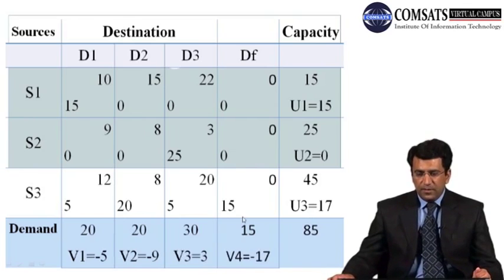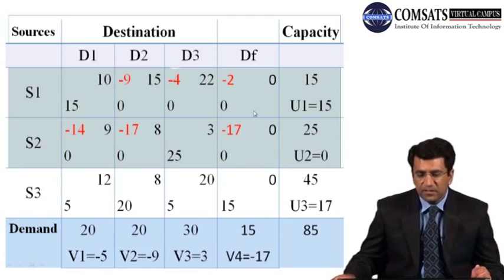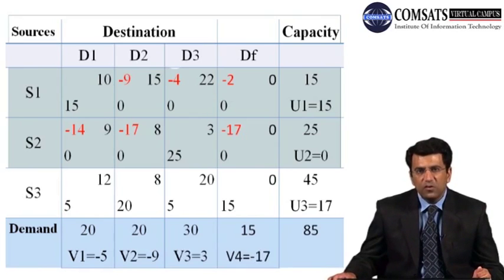Now class, we should move to the next step, that is, we will have to find out the shadow cost for the different unoccupied cells. Now you can see that there are 6 unoccupied cells in this particular table, and again, I must repeat how we will calculate the shadow cost for these unoccupied cells. We will use the same formula, that is Vij is equal to Ui plus Vj minus Cij. Cij is the relevant per unit cost.